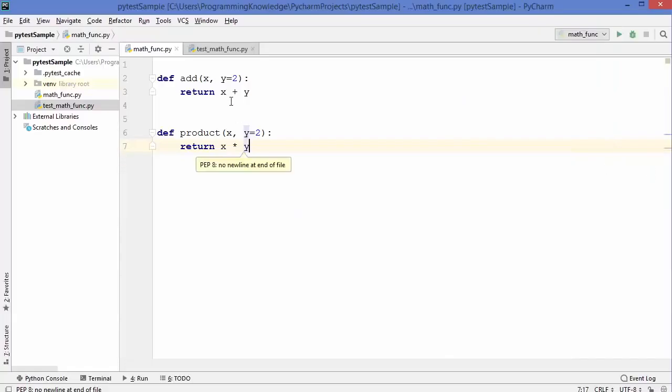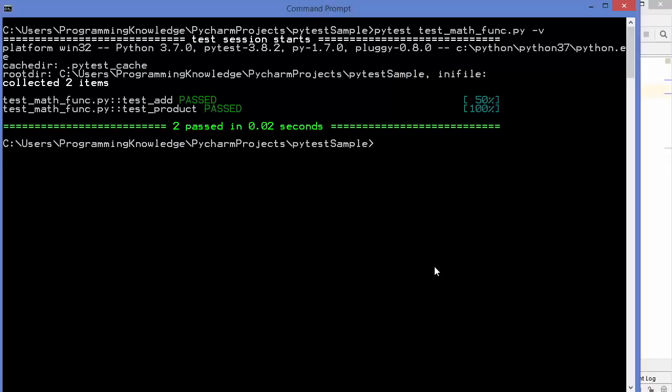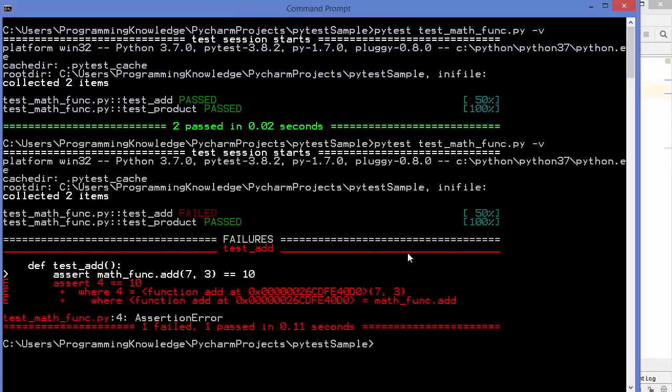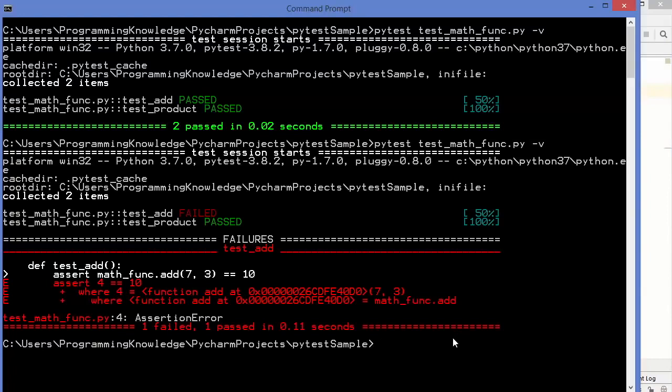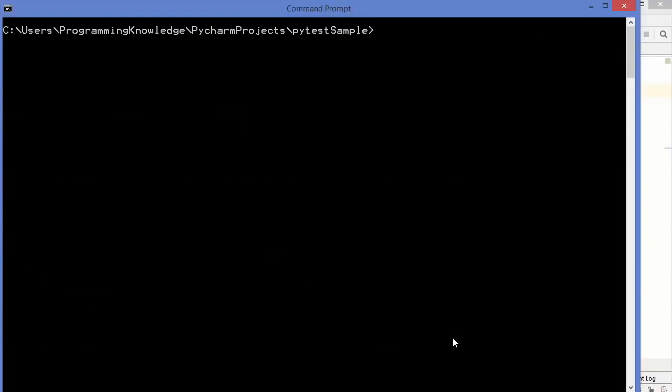Let's break the test once again. So I'm going to just say minus here and once again run the code, and now it will say this test is passing, but the test add is failing due to this assertion. So I'm going to once again fix the code and come to the terminal. Once again I'm going to just clear the terminal, and you can also run your test using this command. So you just need to write